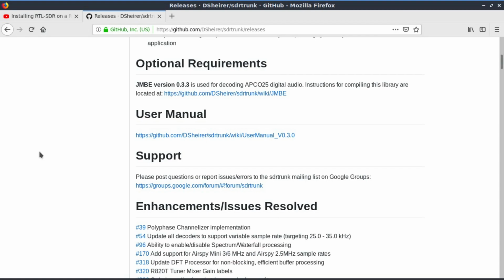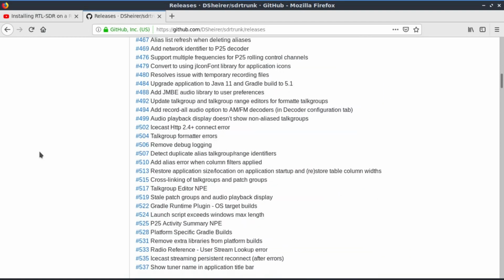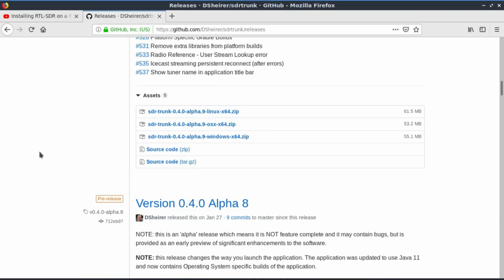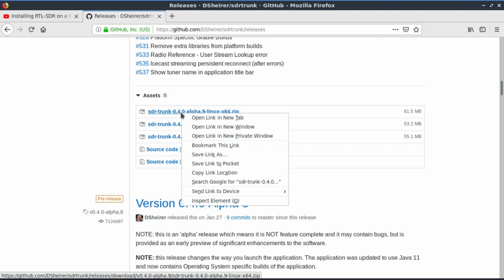We're going to do the download section here at the bottom, and I'm running a Linux system, so we're going to download this sdr-trunk 040 Alpha 9 Linux x64 zip. We're going to copy that link